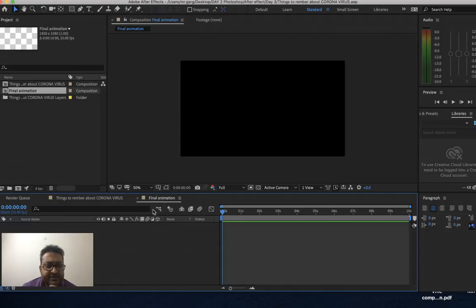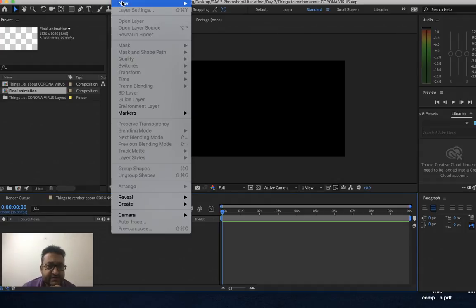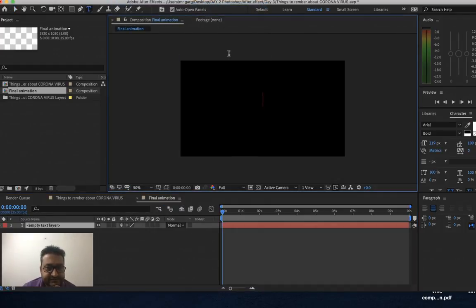Plus in animation, the timeline name is animation. The settings we haven't adjusted because the default settings were there. Now go to layer, new, text layer. You can see this red marker in the center of your screen, plus you can see one empty layer which has been created on your timeline. So now let's type